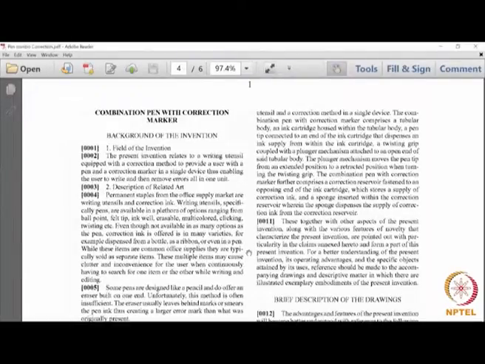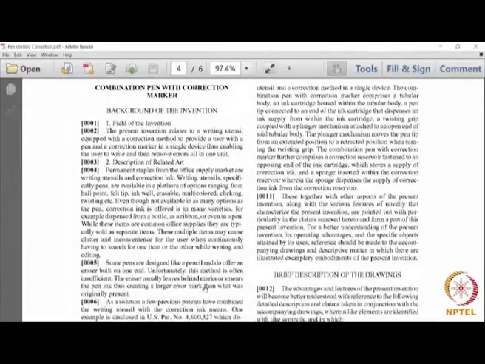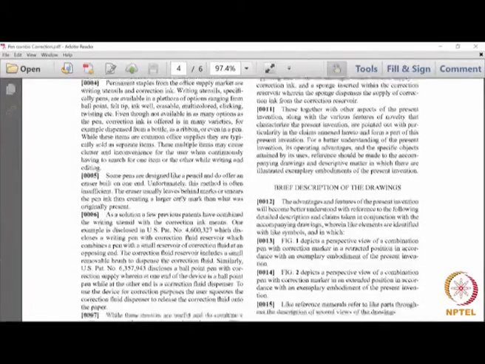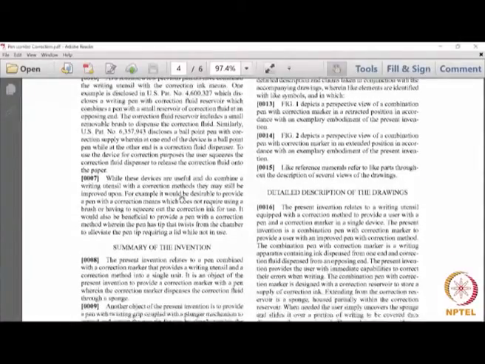There could be description of prior art. The description of prior art could be general statements, as you can find here, or it could be specific statements like referring to an earlier patent or referring to a patent number or to a scientific article or a research publication. So, description of the related art could be through reference, or it could also be through a general way as it is described here. So, you find some background given, then you have the summary of the invention.